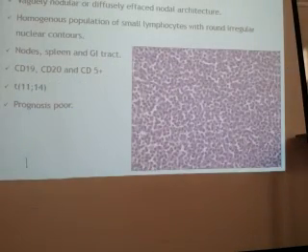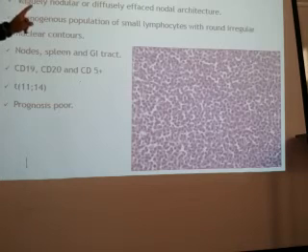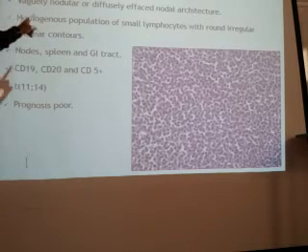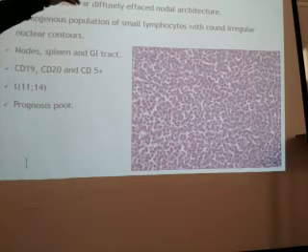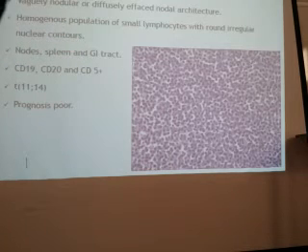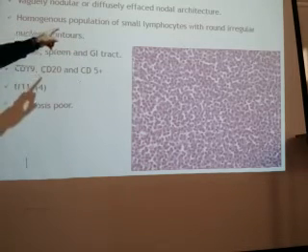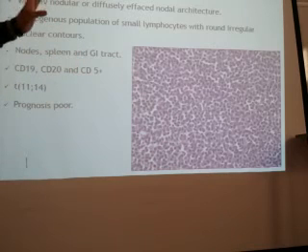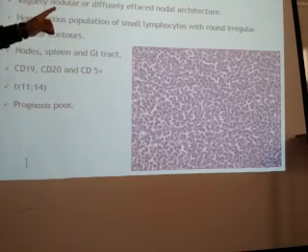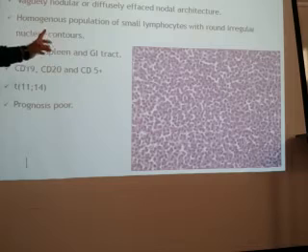So mantle cell lymphoma arises from the mantle lymphocytes, which are surrounding the germinal centers. It makes up 3 to 4% of non-Hodgkin lymphomas, seen mainly in older males. Here you can find a nodular or diffuse pattern. Both patterns can be seen. Again, they are composed of small lymphocytes with round, irregular nuclear contours.